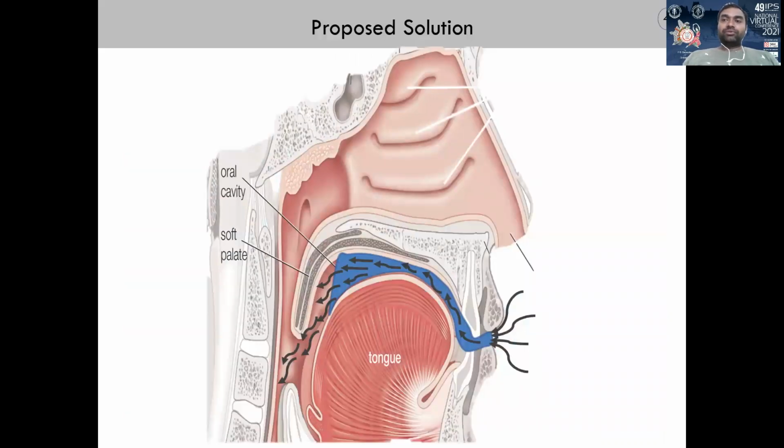Coming to the solution, we design a maxillary plate which will be placed on the upper jaw of the patient with a hollow vent in it from the anterior part to the posterior part of the pharynx, and a tongue bulge which will hold the tongue in its place and prevent fallback of the tongue, which will give adequate air flow to the patient and give a sound sleep.